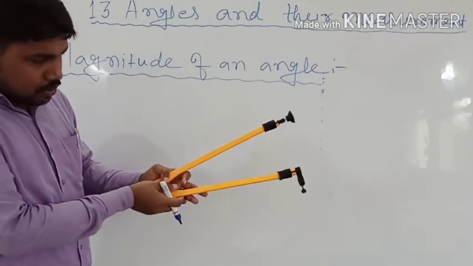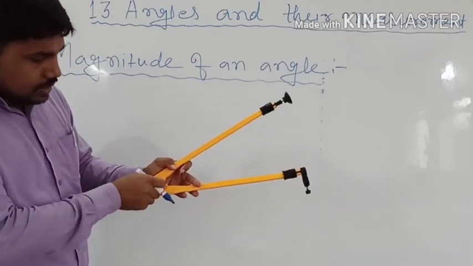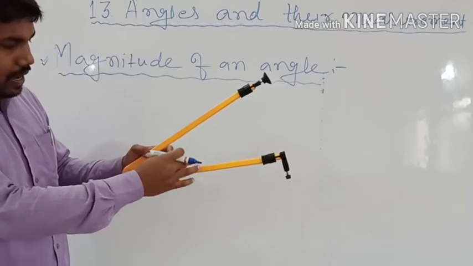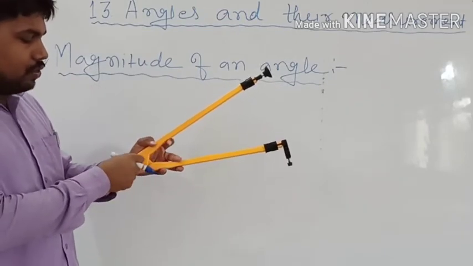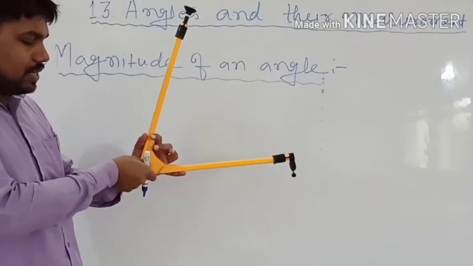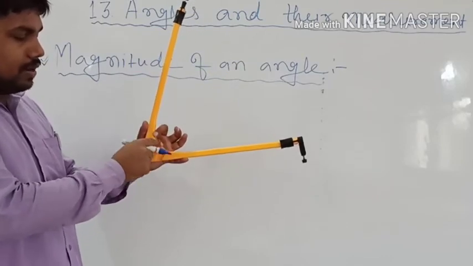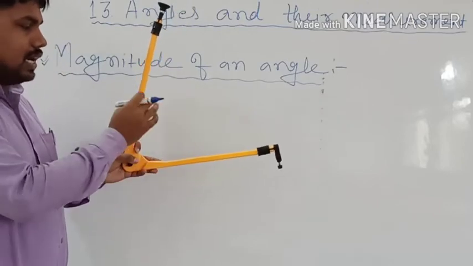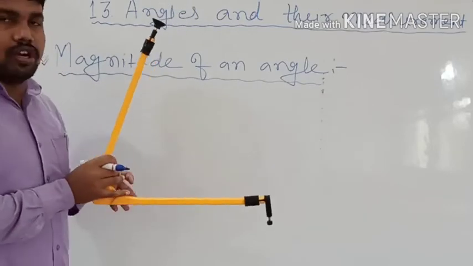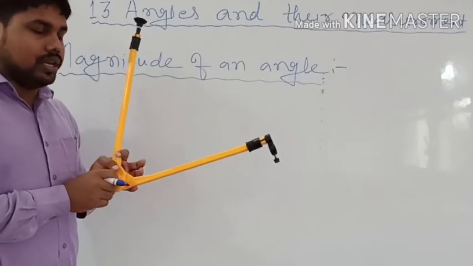Suppose this much I am rotating, this much I am rotating. That means this is the magnitude of the angle. This is the measurement of the angle. And if you increase the magnitude, here the magnitude has increased. So the distance between this and this is called the magnitude of the angle, which we used to write